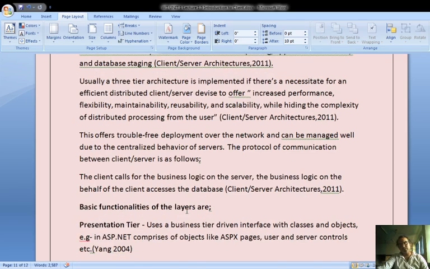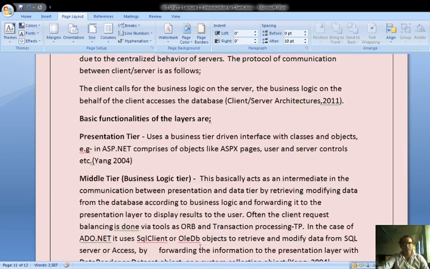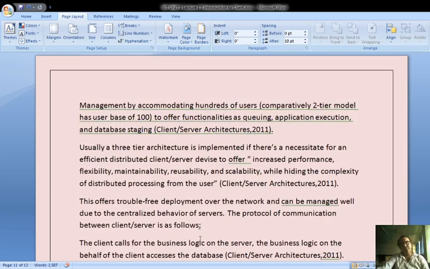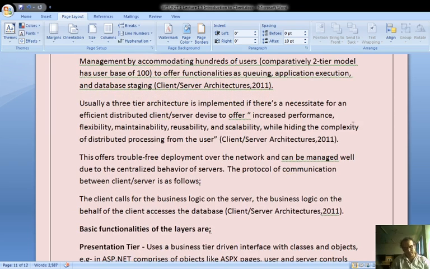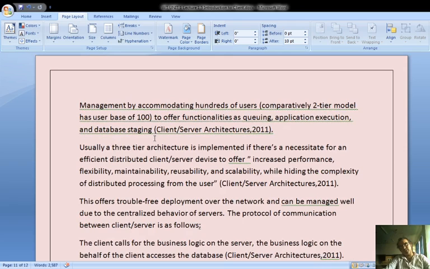How this two-tier structure is working. Now let's move on to how this two-layer architecture can be expanded into 3 layers, because when we are using these 2 layers, sometimes business logic was having an issue.